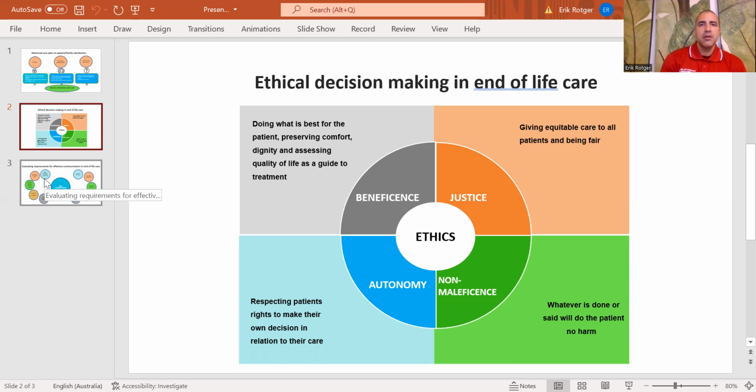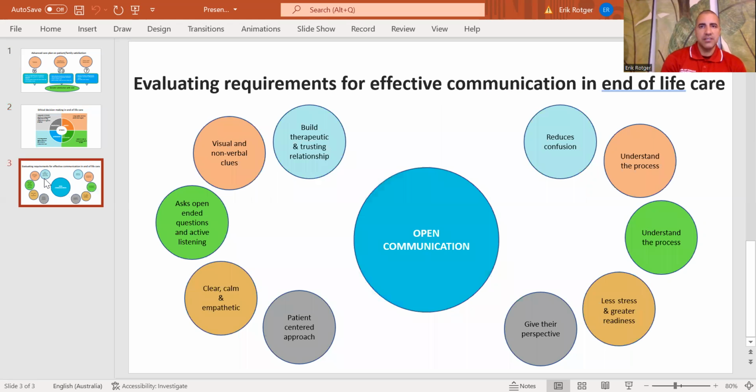More effective communication is the key component in developing a strong therapeutic trust relationship in the palliative care setting. Conversations in palliative care are often more difficult and complex than in other clinical settings. The patients and their loved ones are often feeling emotional and distressed. Open communication is a key component in high-quality palliative care, and it involves asking open-ended questions, which allow a space for the family or the patient to raise topics they would like to discuss.